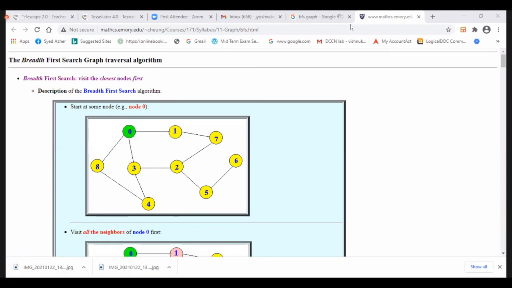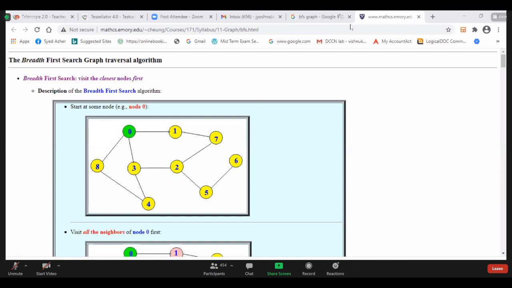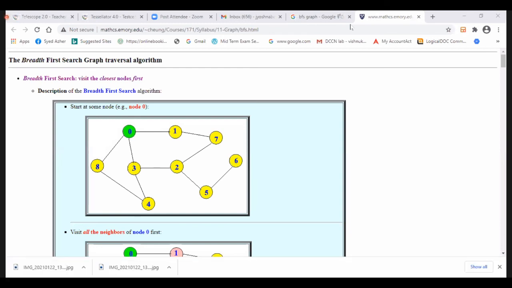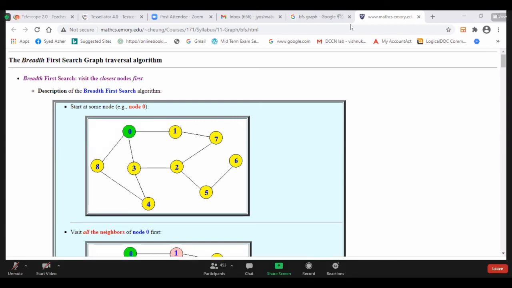Okay, explain. I'm starting with 0. Then what are the adjacent vertices for 0? Answer me. Adjacent vertices for 0 are 8, 3, 1. So 8, 3, 1 or 1, 3, 8, anyone we can choose. So 0 in the spanning tree also has a direct connection: 0 to 8, 0 to 3, and 0 to 1 we can give connection. After giving connection, then 1, 3, 8 or 3, 1, 8, anyone you can choose.